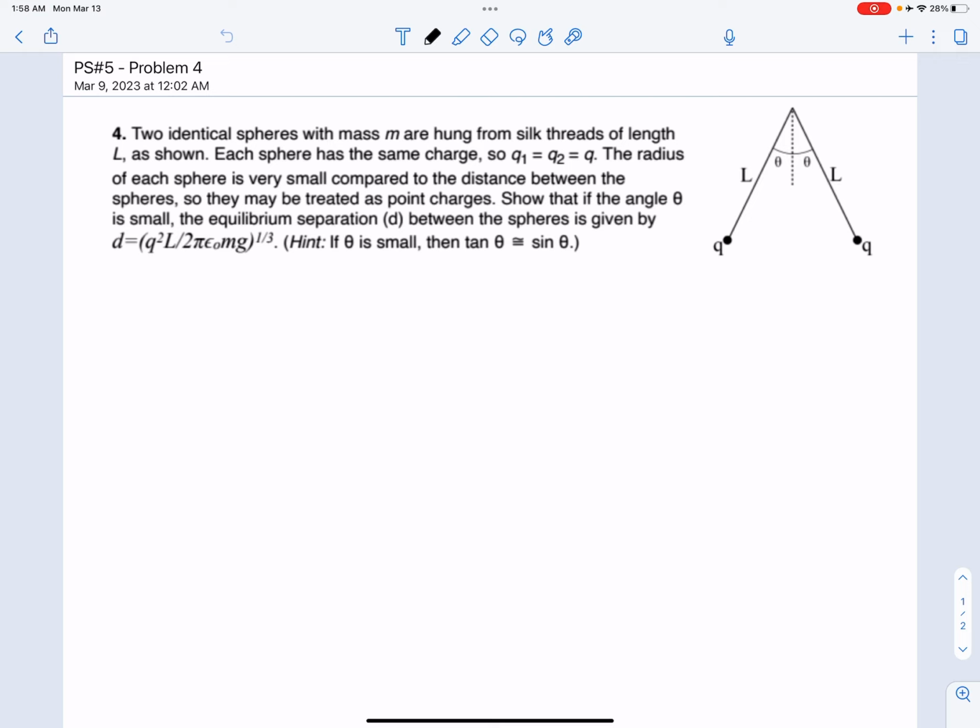So we are given a mass of m and a charge of Q1 equals Q2, which we just call Q. So let's get started. Oh, also, this hint: if theta is small, then tangent of theta is sine theta,